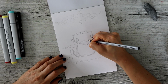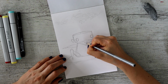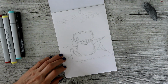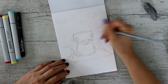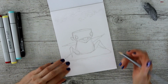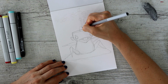Doing some big teeth. I love drawing big teeth. Did you realise that I like drawing big teeth? I think I like the comical side of it and the creepy side to it as well. So with this little fella that I'm drawing, he's isolated. He's feeling isolated